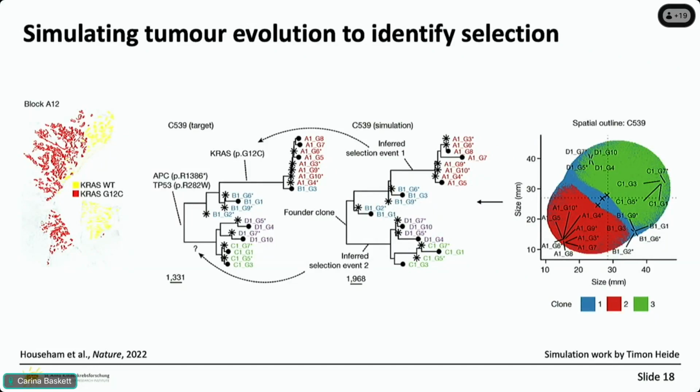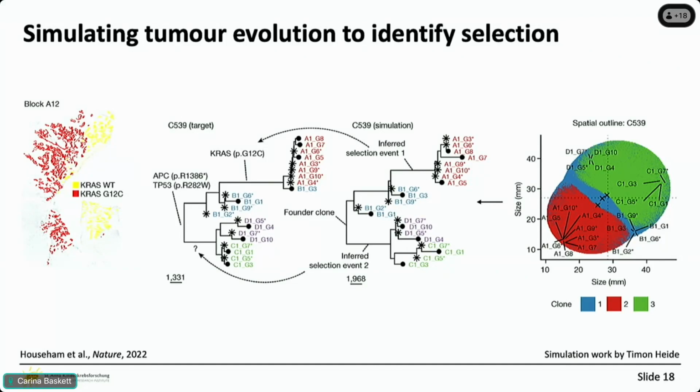And so what he did is he created a computational simulation of how he thought the cancer was growing, and actually used this simulation to recreate the phylogenetic trees. And after many, many simulations, he essentially found parameters that fit the data very, very nicely. I think this is a particularly striking example of a good fit between the simulated tree on the right and the real tree on the left.